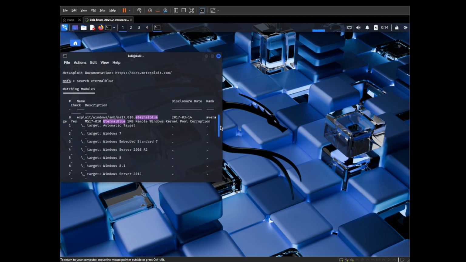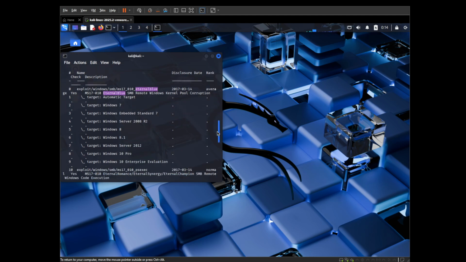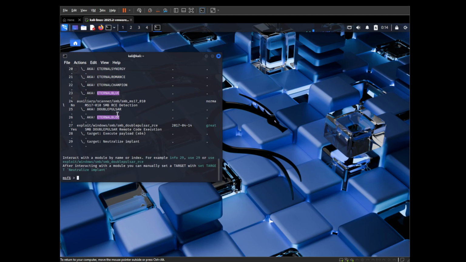So it's using Windows. Yeah. Last video it just didn't want to work. I got it to work now. Nice. So internal blue, it just tells me everything, all the targets and stuff like that. And now we gotta do use exploit